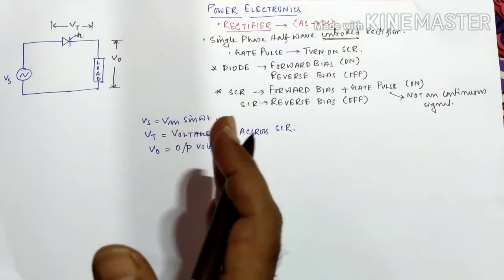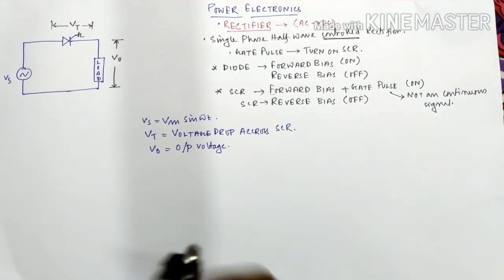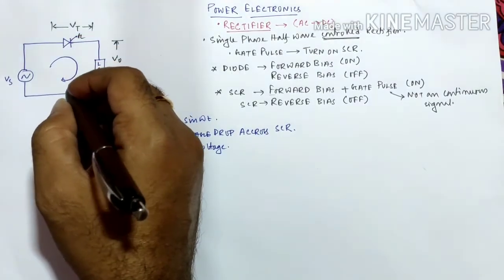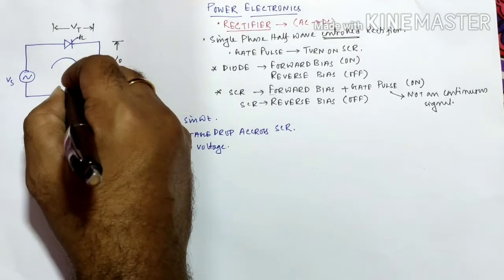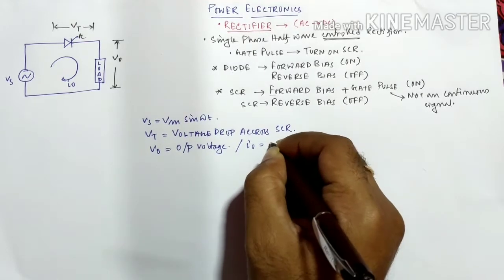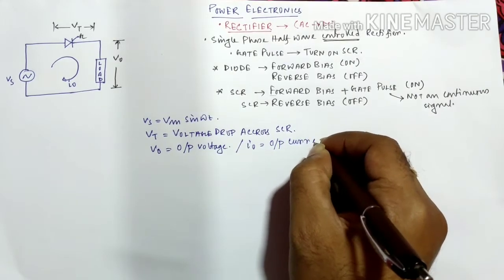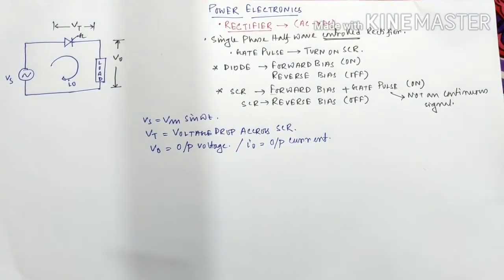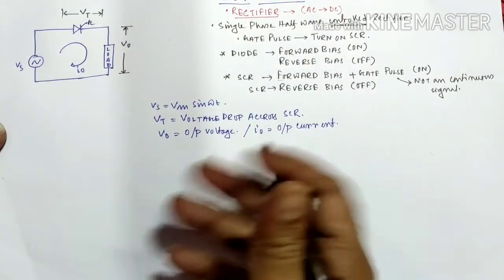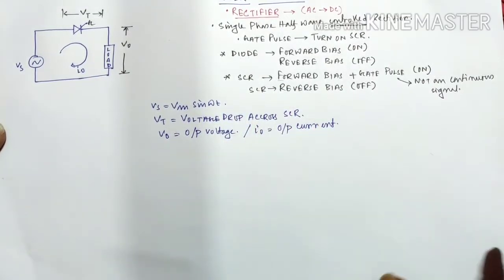Now, if we want to correlate those terms, those voltages along with the current, let me draw it. The current flowing through the circuit is in this direction, and it can be represented by this name I0. That is I0, the output current. Okay, so suppose I want to understand the relations or the waveforms of Vs, V0, I0, Vt and so on, then what will I actually get?